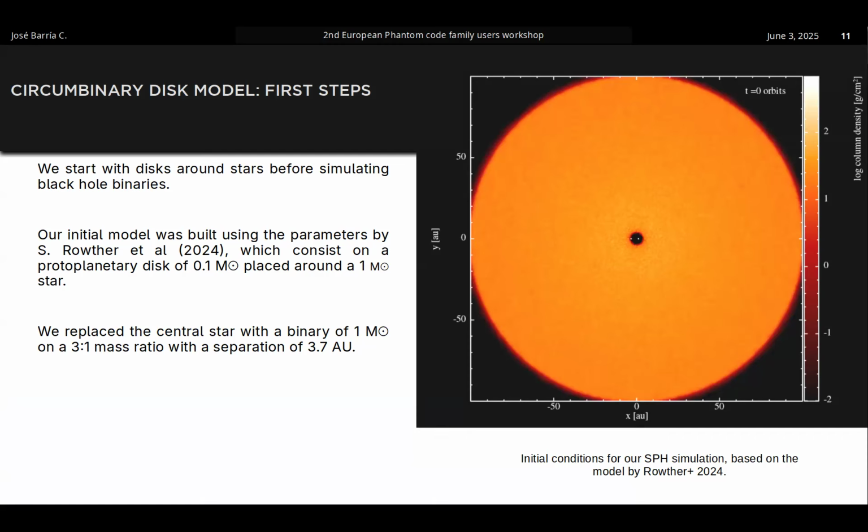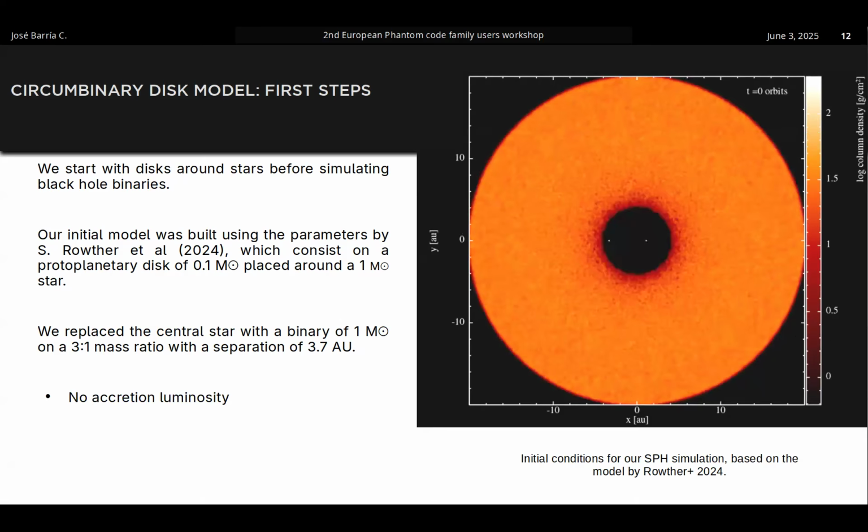So we started modifying things, and of course we added a binary system instead of a single star. I don't know if you can see it, but here are the two components. It's a little small to see, especially because the disk is 100 astronomical units in radius. So we made another model, which is smaller, only 20 astronomical units, but you can resolve the two components of the system. I also scaled the mass of the disk, so the density stays roughly the same.